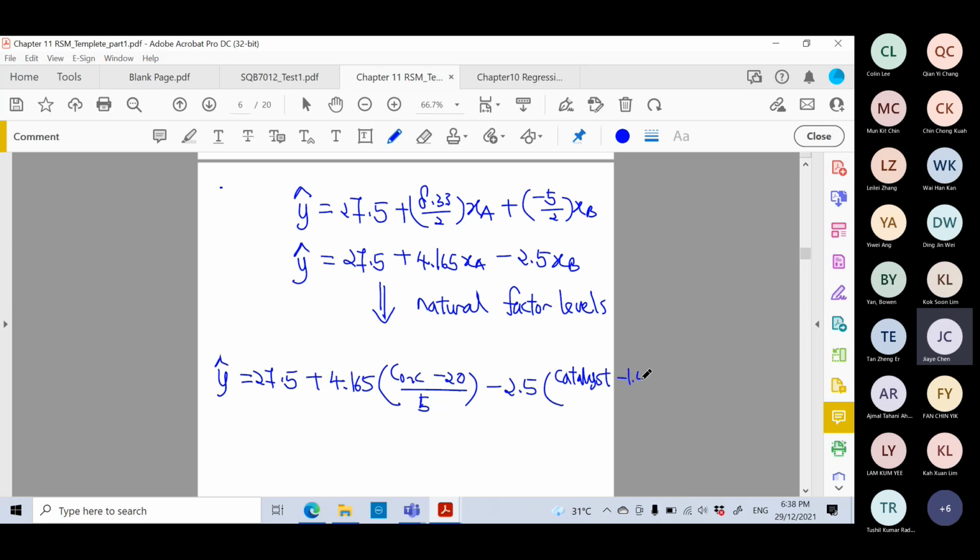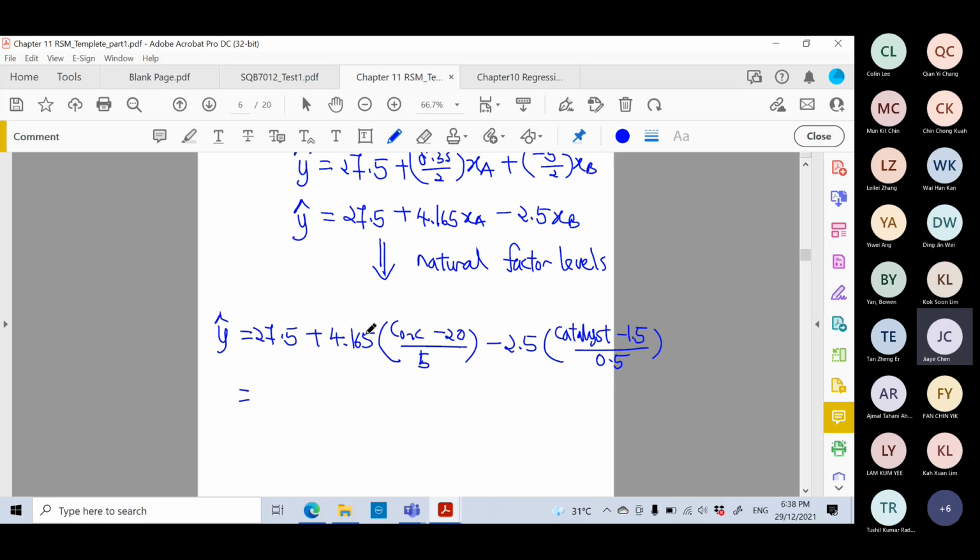So we can rewrite the equation. Of course, the multiplied terms become a constant, so you will get 18.33